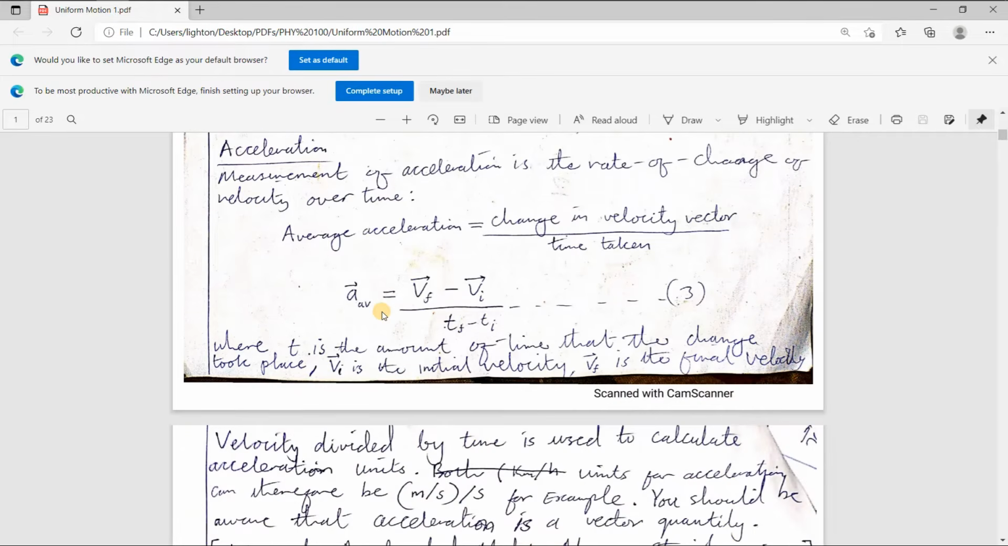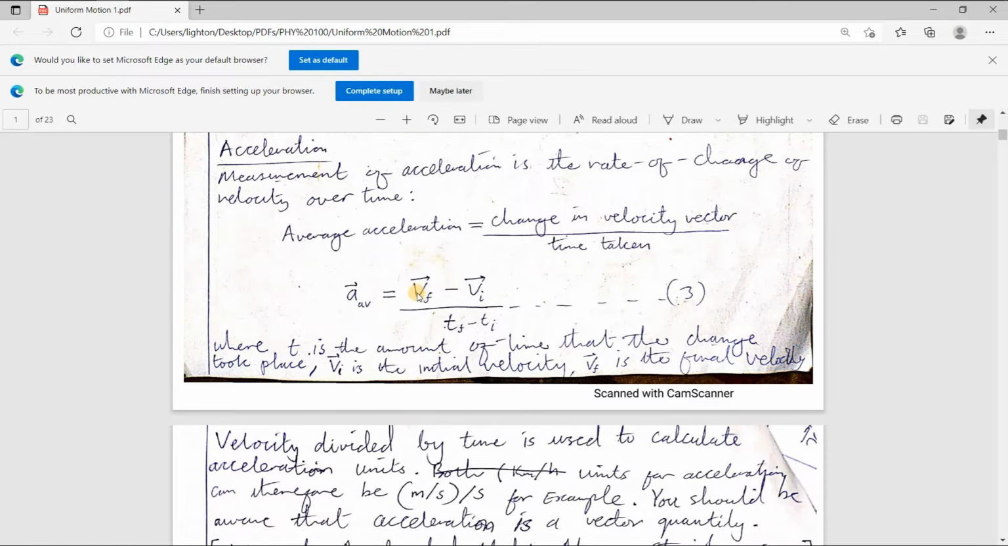Acceleration is just the rate of change of velocity over time. That is acceleration, the rate of change of velocity over time. And average acceleration is equal to the change in velocity vector over the time taken. That is how we measure the average acceleration, change in velocity over time taken, which is just a average is